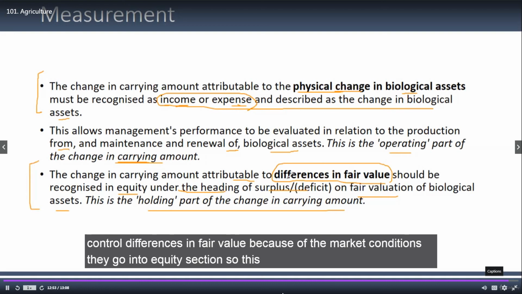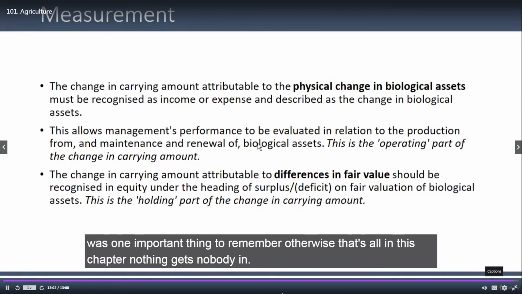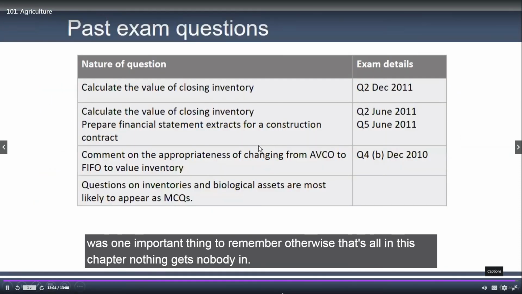So differences in fair value because of the market conditions go into the equity section. So this was one important thing to remember. Otherwise, that's all in this chapter, nothing else. So very important